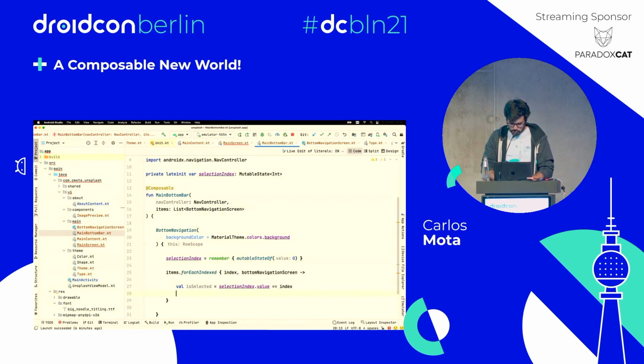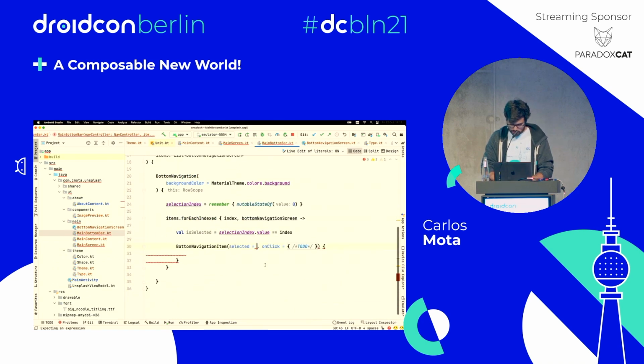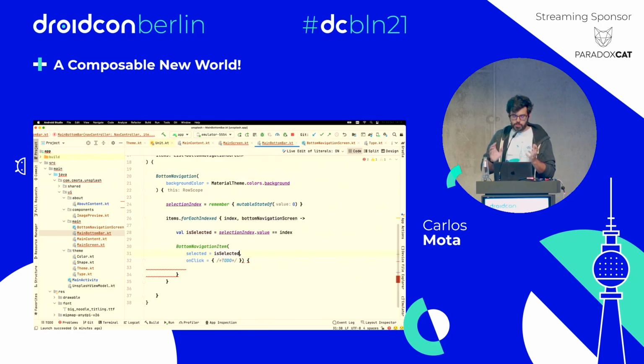OK. So it's time to add, finally, our bottom navigation item that receives a selection to know if it's selected or not. So we can just call directly is selected. And it receives an onClick. So I need to say when I click on that tab, what should happen. But before we go into this onClick,